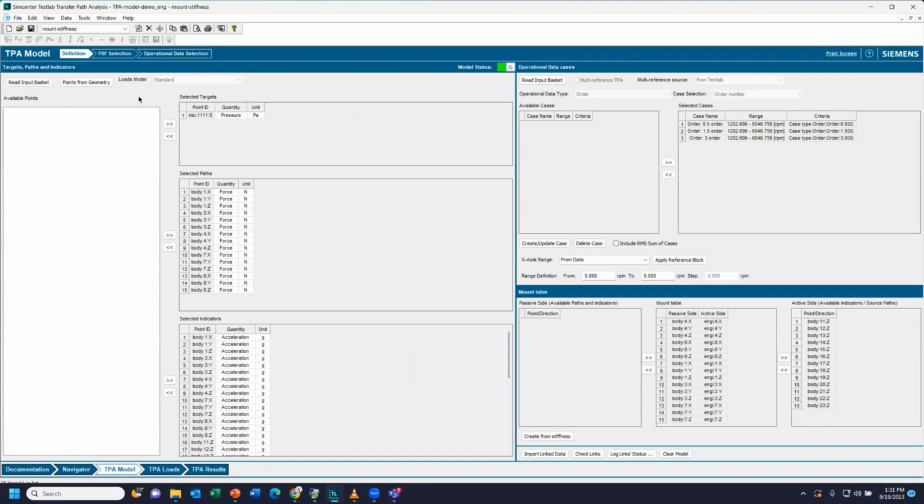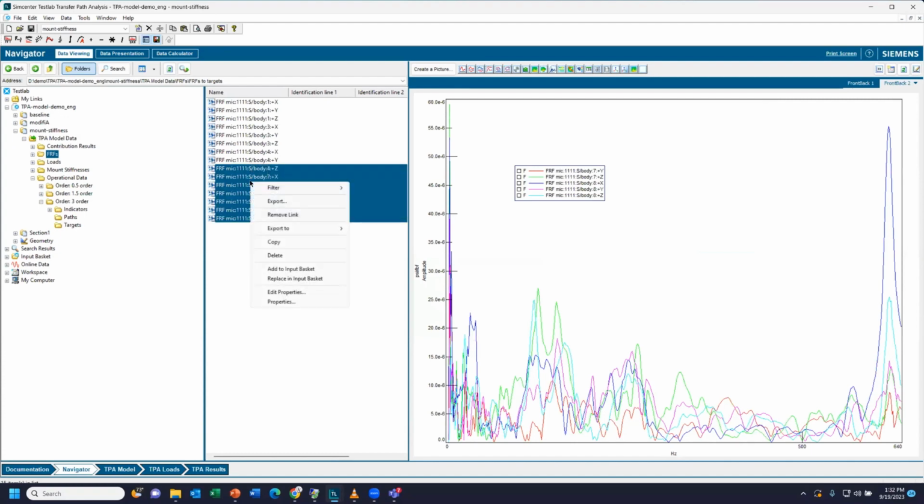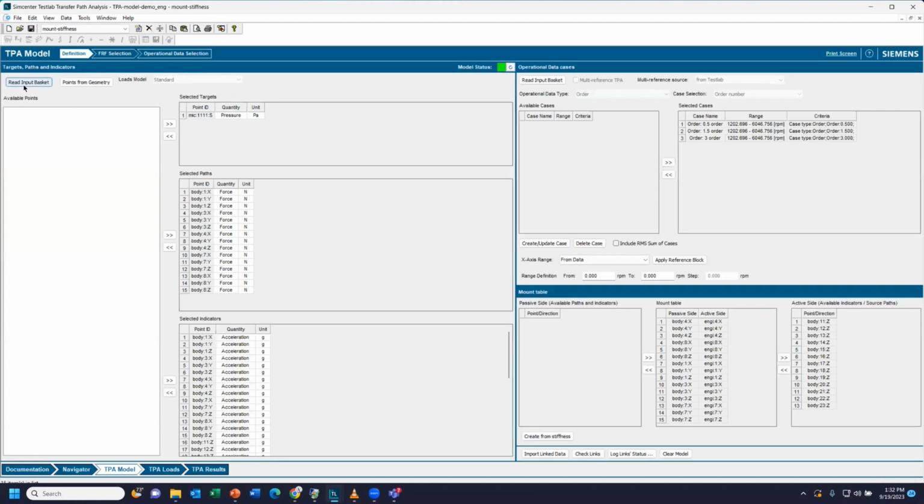In the first page here, they have a definition, and the definition is where you define all these paths. Typically you do that by bringing in the data IDs here. I can say, okay, this is the operator receiver location. I'm going to target sound pressure at the operator ear as my target. And then here I have the paths. This is where the source and the structure are,